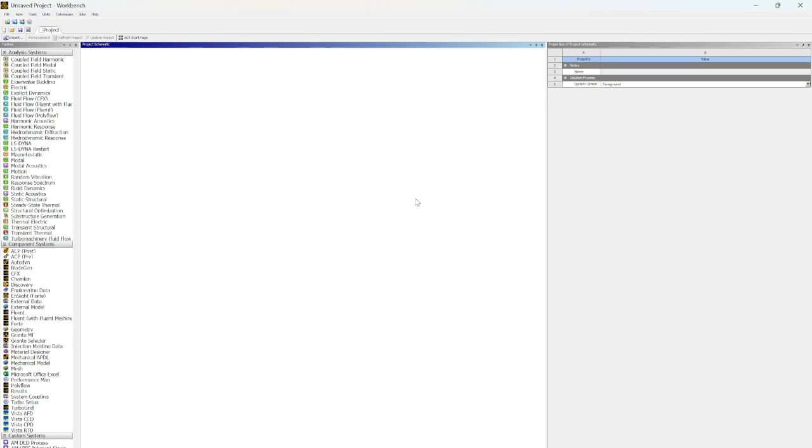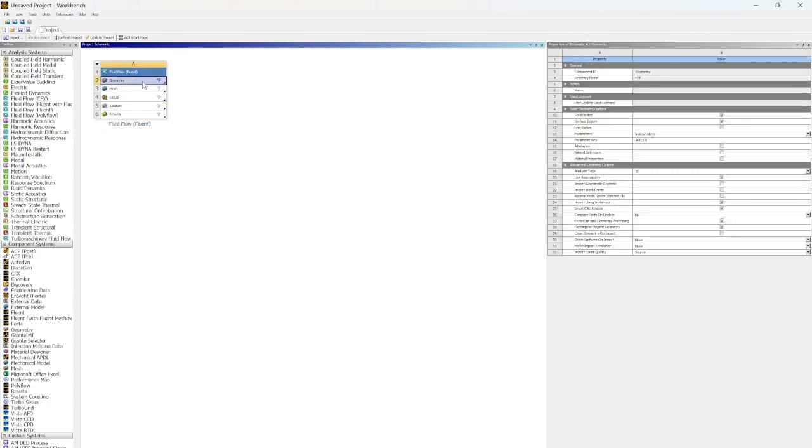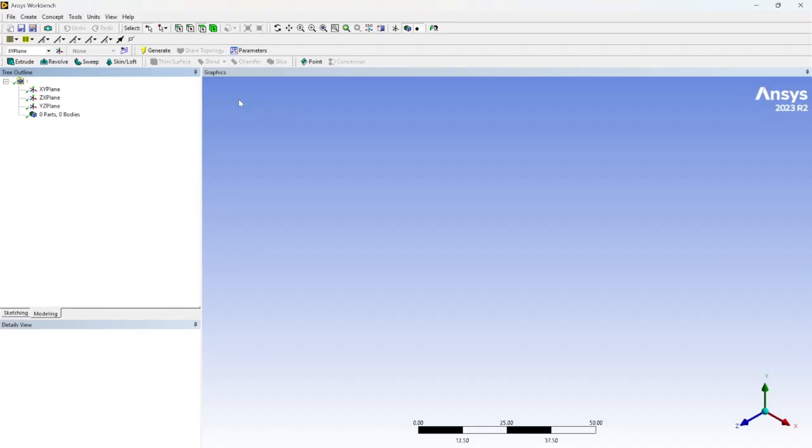Space project number 2 with flow over a flat plate. We're going to start by putting our Fluent block on our workbench, and we're going to start by creating our geometry, which in our case is just going to be a rectangle, and we're going to change our boundary conditions to